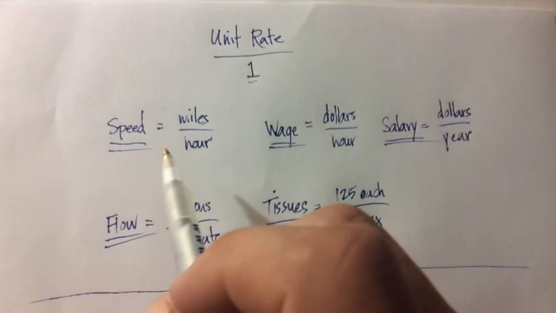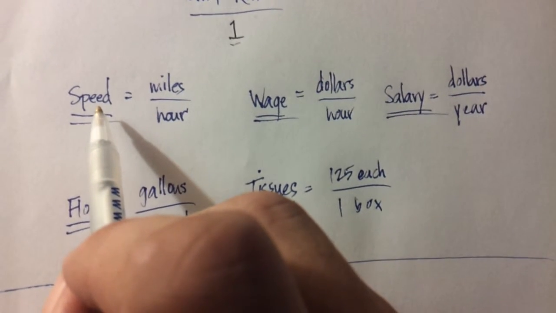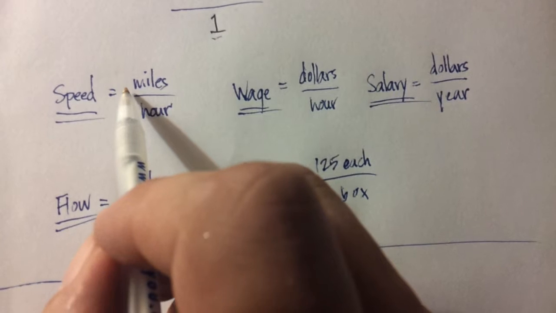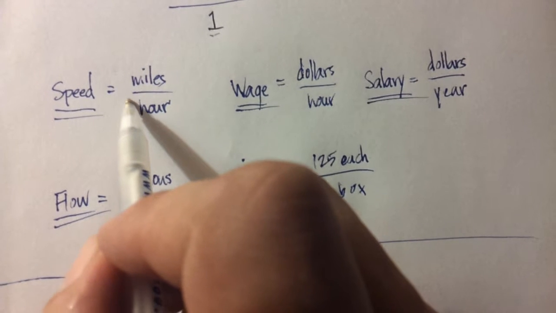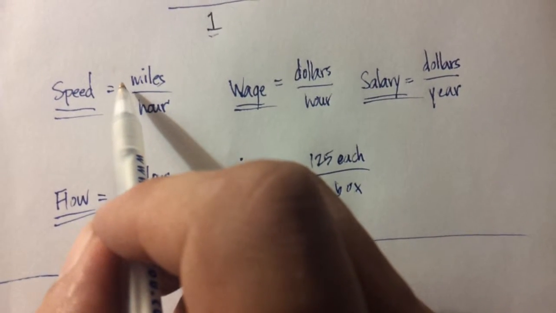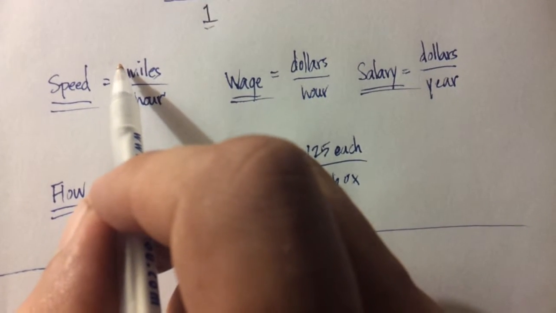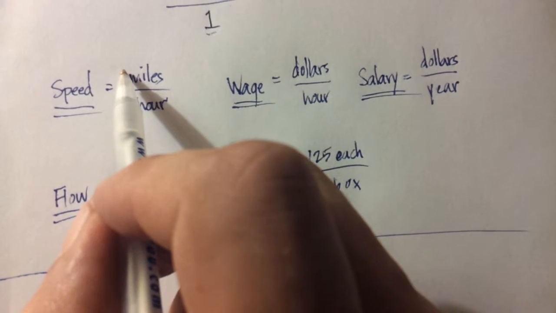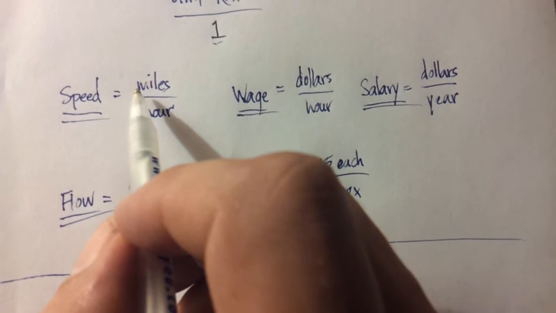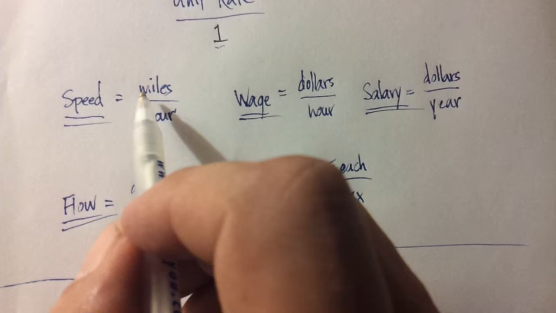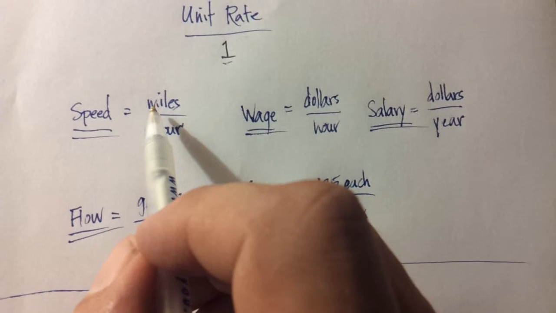So, let's talk about some things that are in unit rates. When you talk about speeds, and you see highway signs that say things like speed limit 70 miles per hour, that means 70 miles in 1 hour. In other words, you don't say speed in something like she went 15 miles in 5 minutes. That's a little confusing because then you have to divide down and find out that she went 3 miles in 1 minute. You know what I mean?